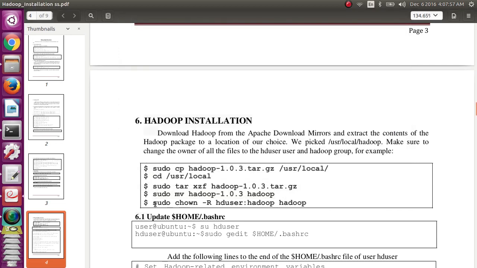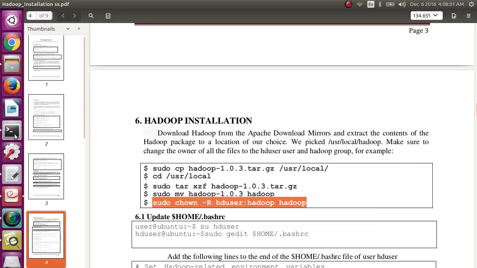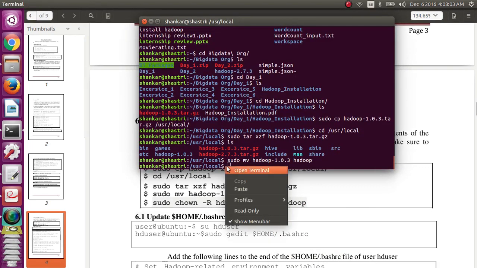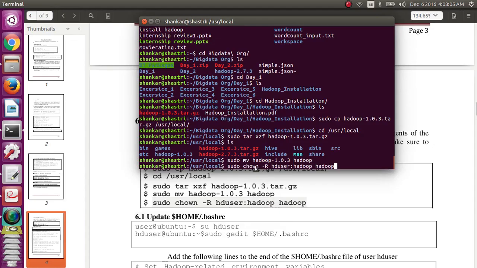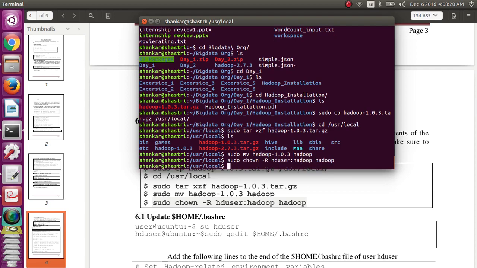The command is chown, change ownership, recursively for this user, HD user, and this group, Hadoop, on the folder Hadoop. Now shift to HD user.